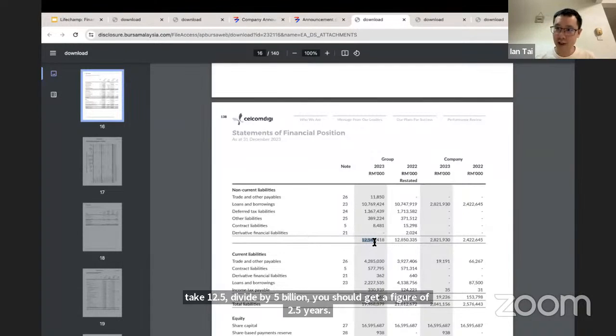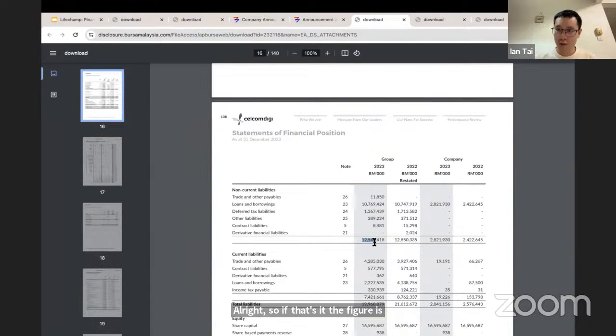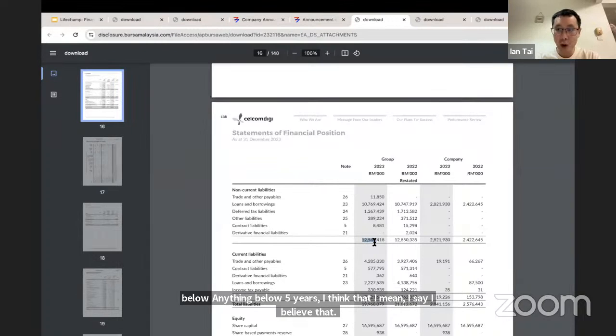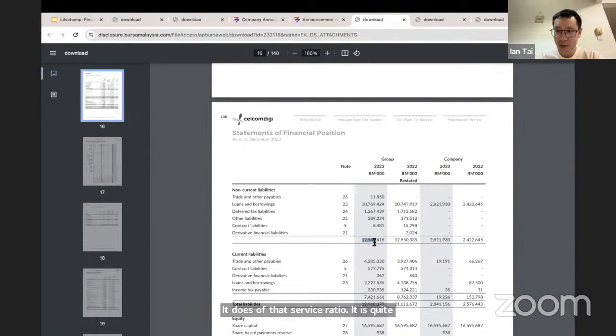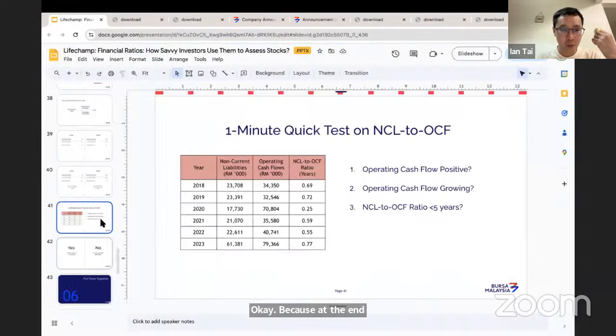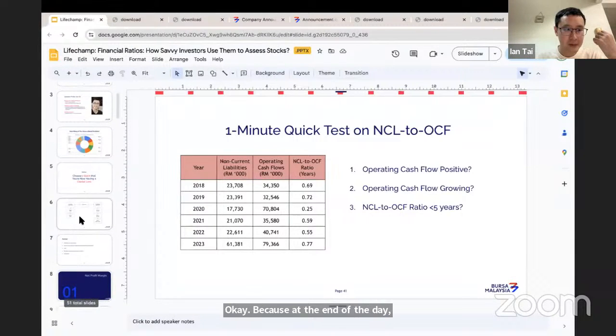So if let's say the figure is actually anything below 5 years, I believe that in terms of debt service ratio, it is still okay. However, if let's say this company's cash flow is not so positive, the cash flow is very unpredictable, then it's another story. Because at the end of the day, what you want in a company is a company